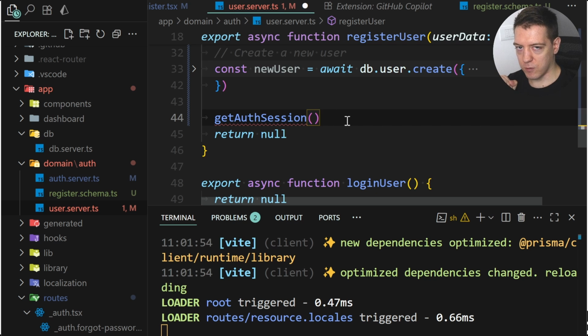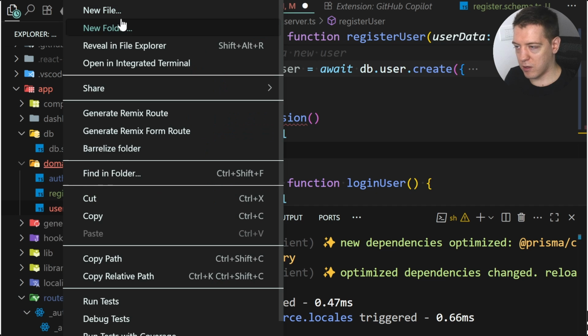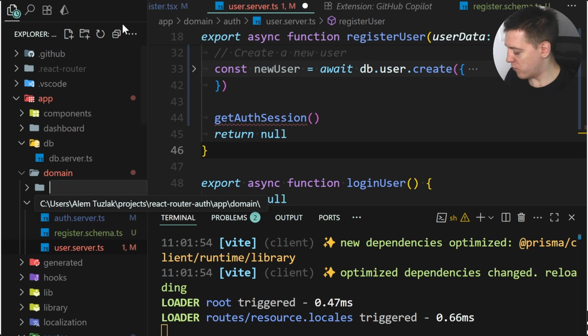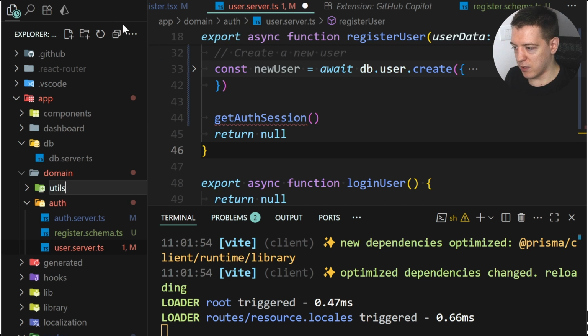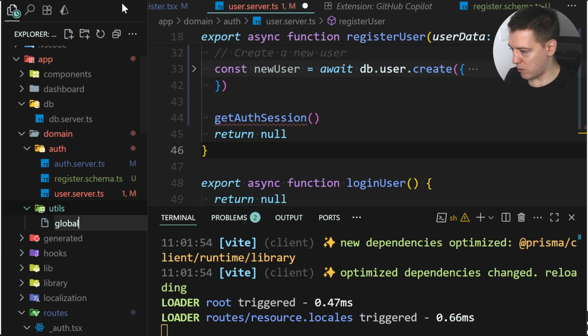But there is a third way to do it with middleware. And this is really cool, and I'm going to show you. I'm going to teach you how to create globally accessible variables. And how we're going to do that is we're going to create a new file. So in the domain, I'm going to create a new folder called utils. And inside of here, I'm going to create global